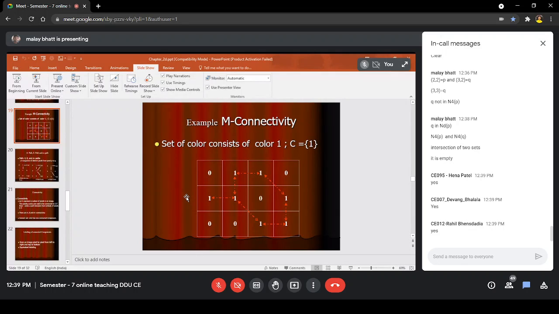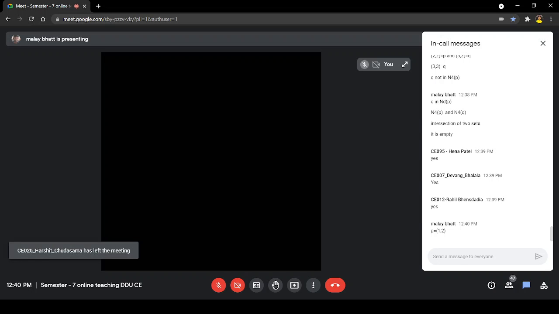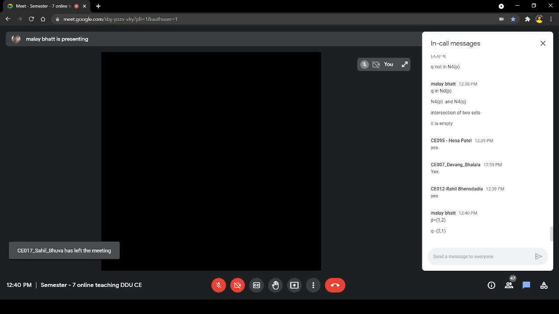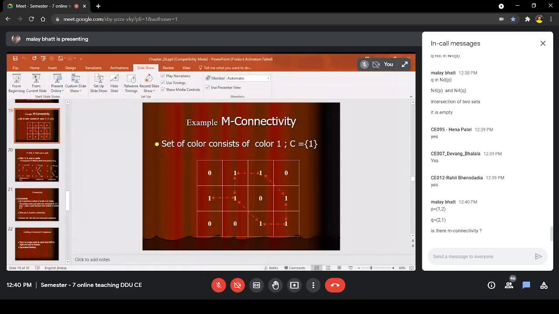Similarly, you can check for the point first row, third column, and second row, fourth column. Okay, now tell me, is there M connectivity between first row, second column and second row, first column? Let us take P equal to 1, 2 and Q equal to 2, 1.